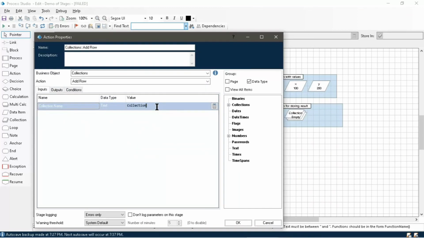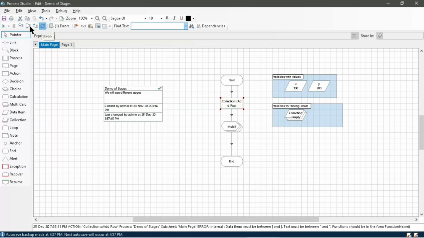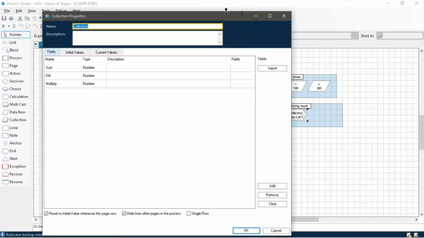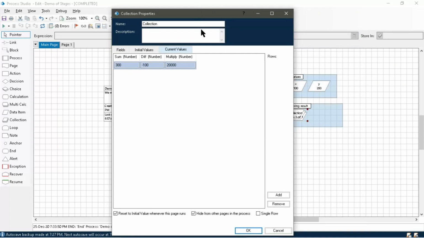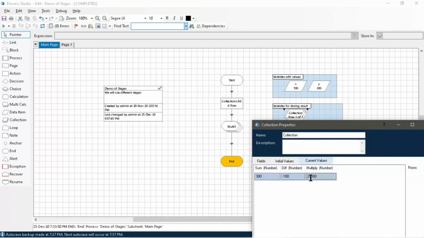Similarly, we add a row in collections. The number of rows in a collection is the length of that collection. Now run the process and see the results. The sum is 300, the difference is minus 100, and the multiplication is 20,000.